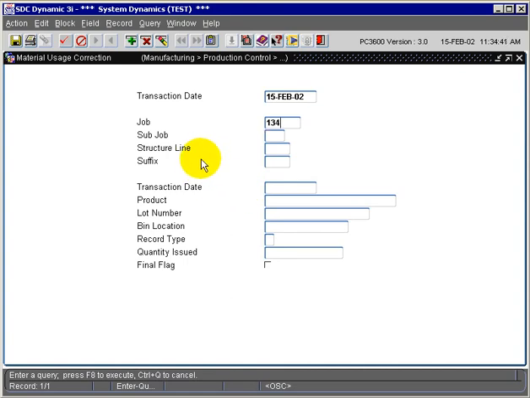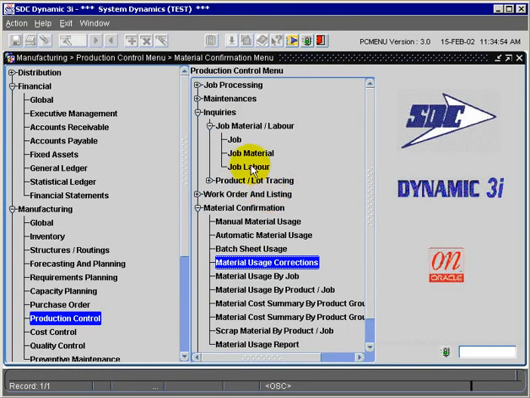we'll query up that job 134, execute the query. I can see the information. This is the one that I want to reverse. I delete the record and save that to the database. It's now been reversed out as if it never occurred, and I can go back and do the proper material